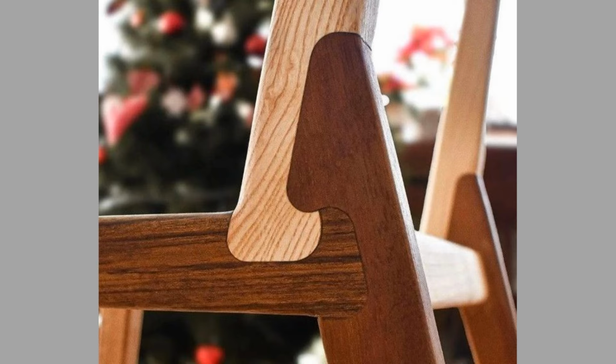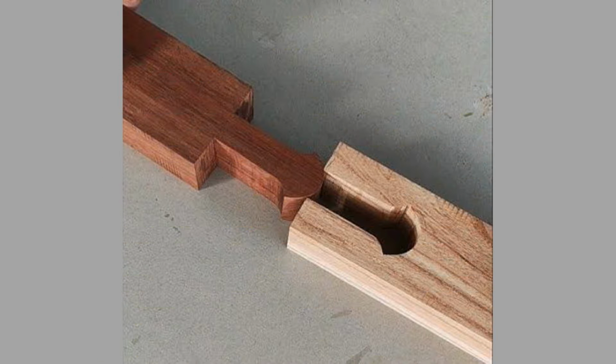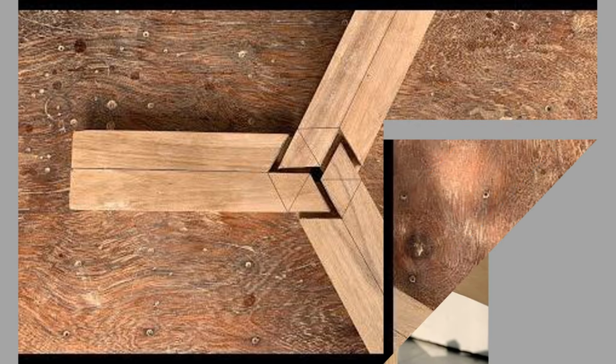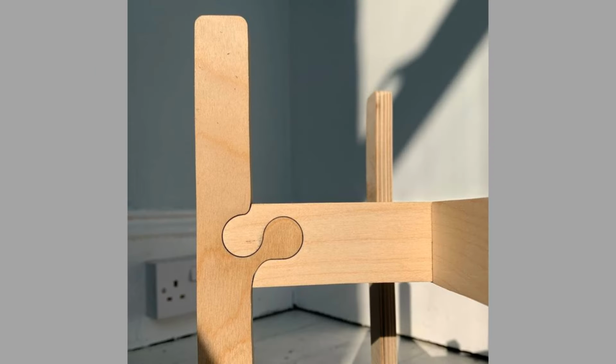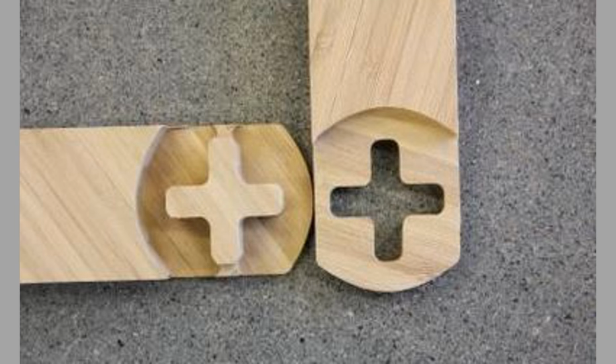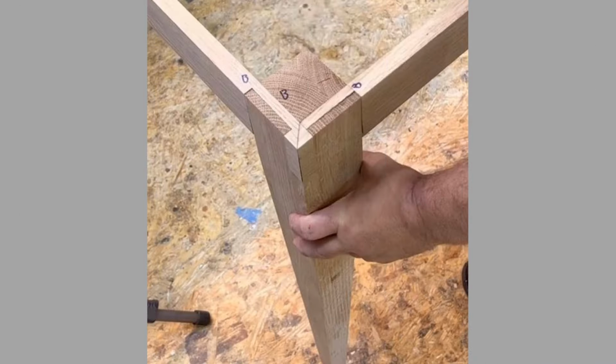One of the most significant advantages of Japanese joinery is its emphasis on precision. The techniques often require meticulous measurements and careful planning, which can elevate a woodworker's skills to new heights. As artisans engage with these methods, they learn to value accuracy and attention to detail, qualities that are essential in creating high-quality furniture and other wood products. This precision not only enhances the structural integrity of the pieces, but also contributes to their aesthetic appeal. The clean lines and seamless joints characteristic of Japanese joinery create a visual harmony that resonates with both the maker